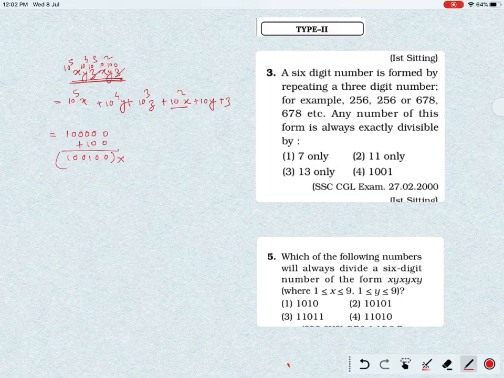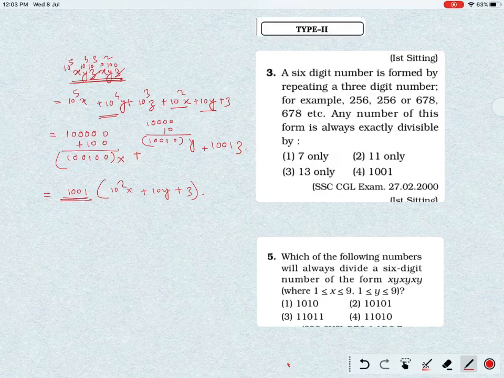It becomes the x coefficient, and then for y we get 1 2 3 4 and then 1 0 0 1, 0 y. For z we get 1 0 0 1 z. So we can take 1001 common: 1001 times (10 square x plus 10y plus z). So 1001 is